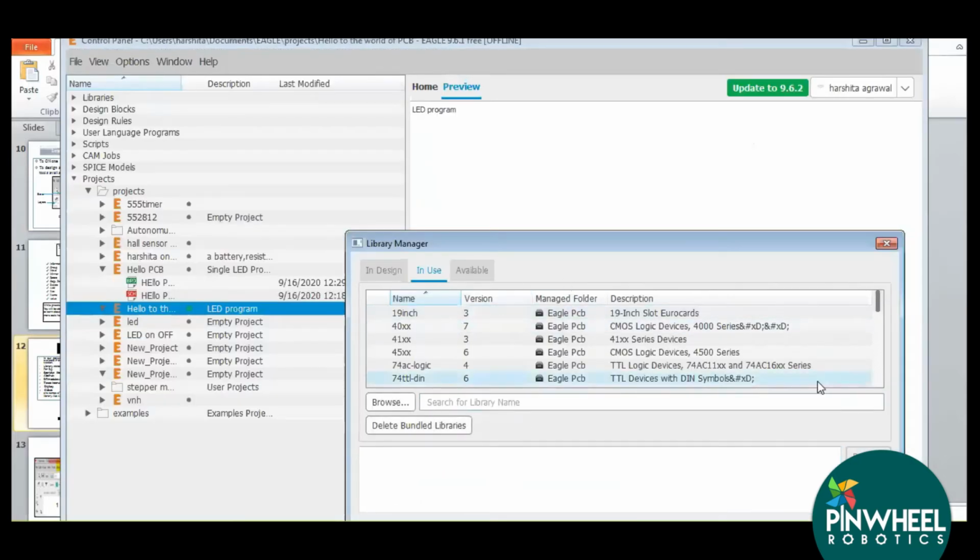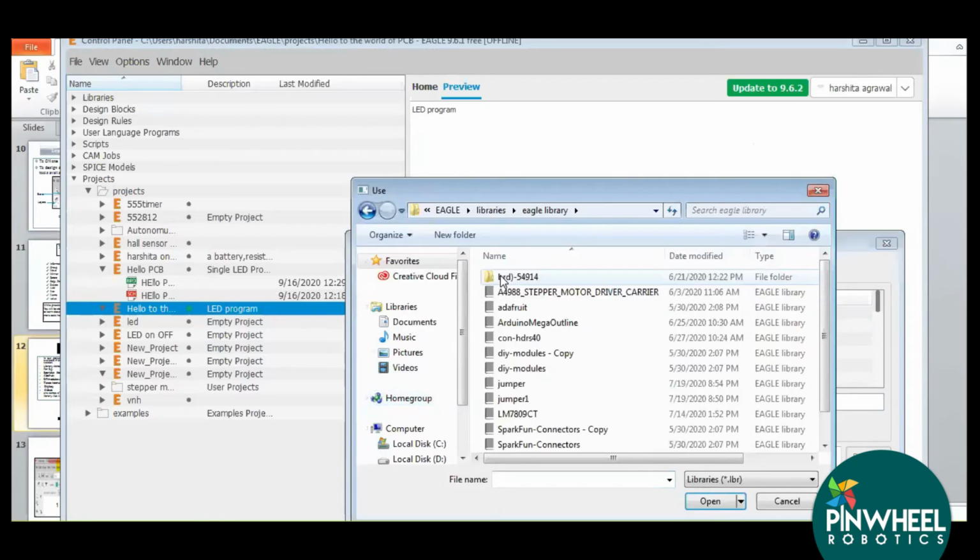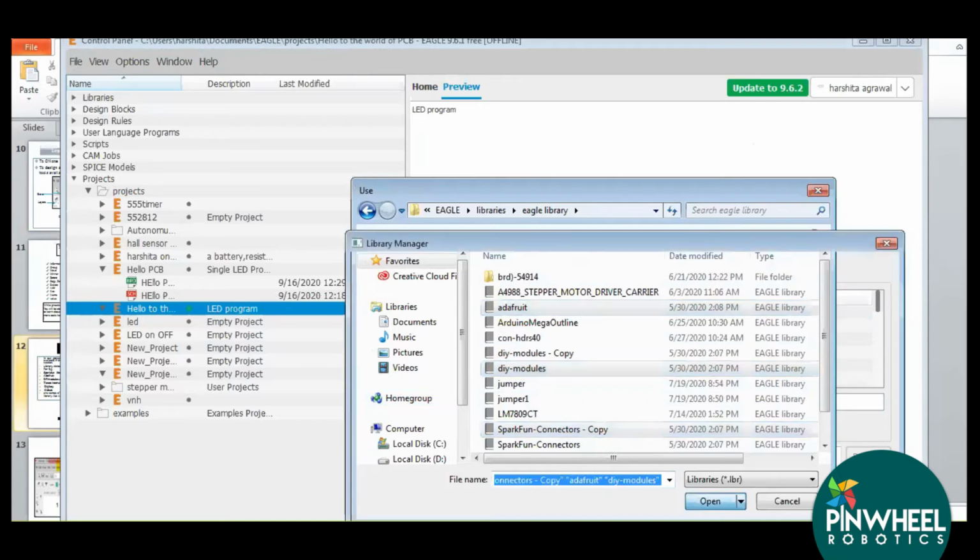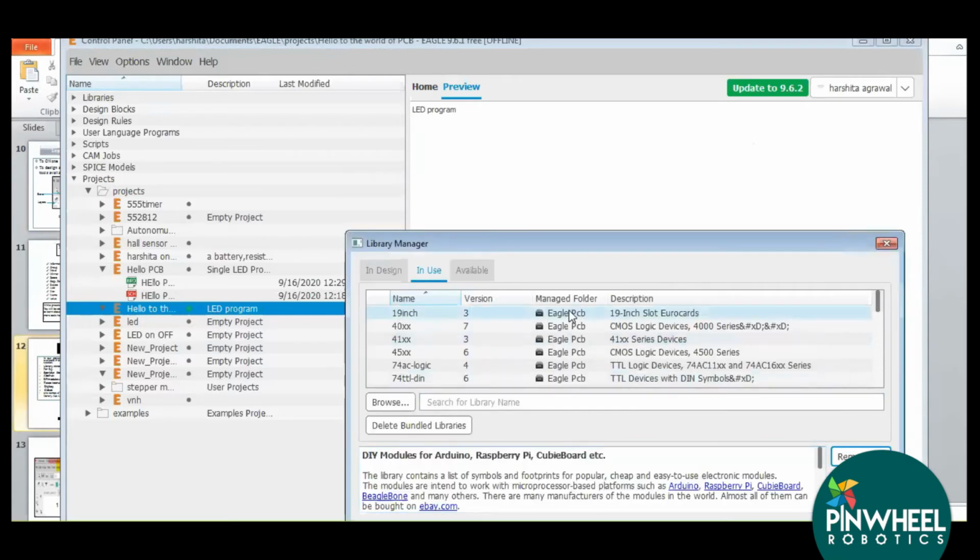So you will go to In Use, then you can browse your Eagle libraries. For example, Adafruit I want to add, then DIY modules, SparkFun connectors, and Open. So this is the way to add the libraries.